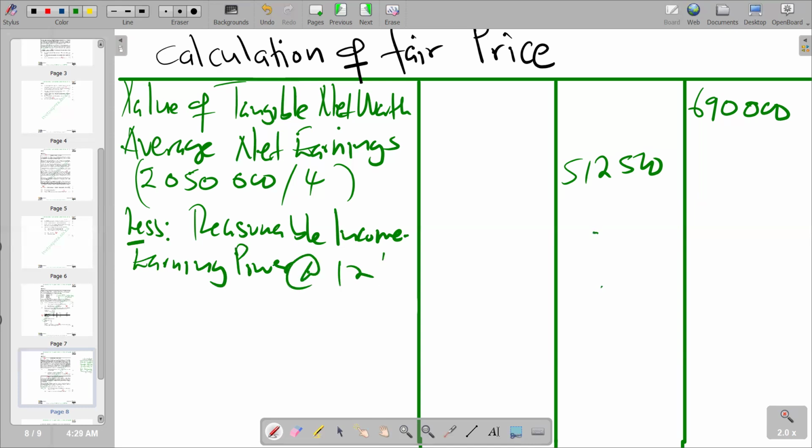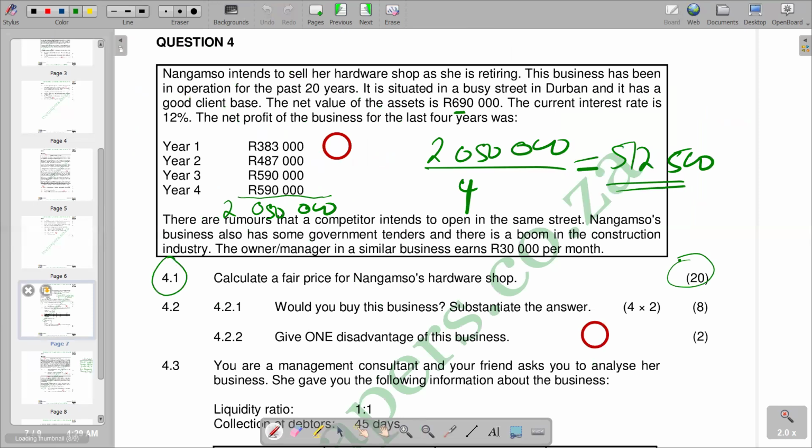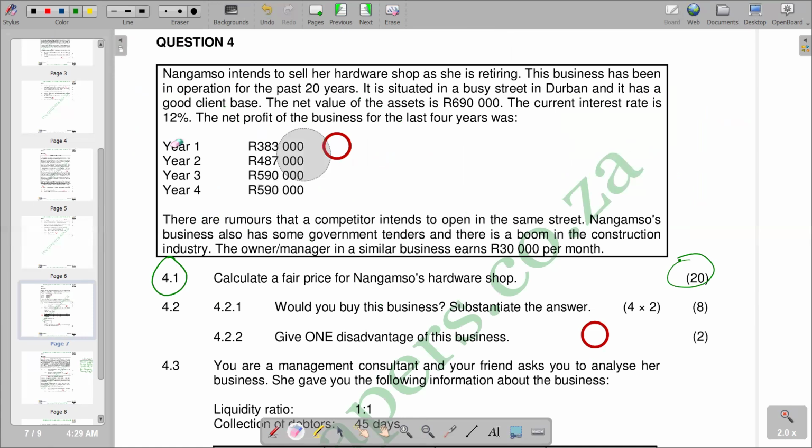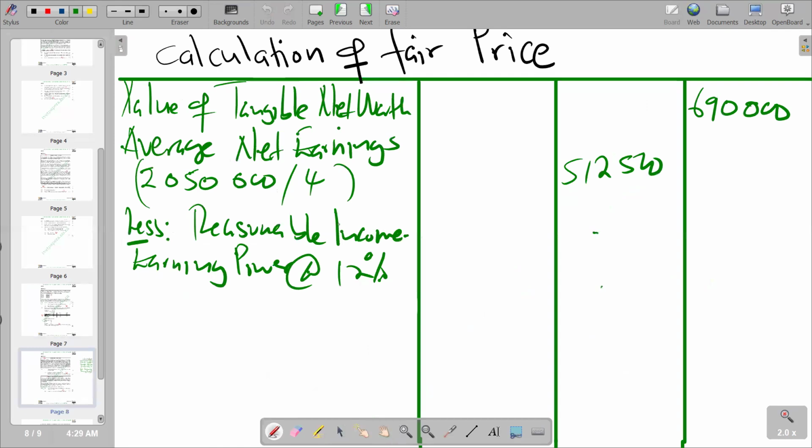Earning power at 12%. So our earning power at 12%, we're going to try to repair back there and remove what we have there so that it becomes clear. So we are going to say our 12%, which is this one, we multiply by the figure that we got there for average net earnings. So we're saying 12% times 512,500. Then the figure that we are going to get, we put it in this column, which is going to be